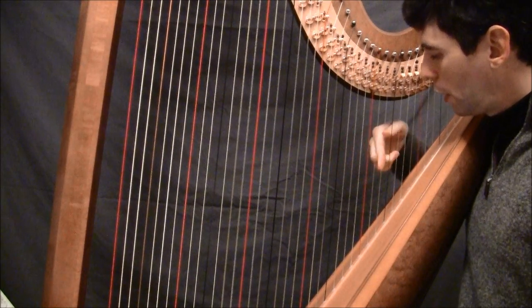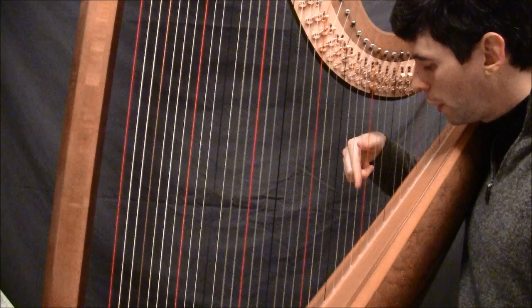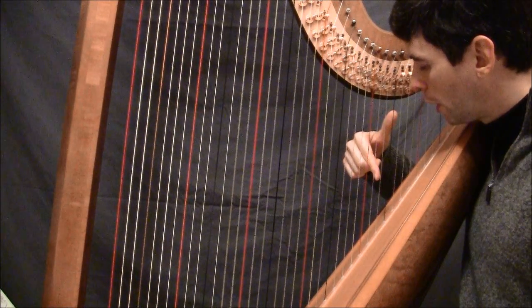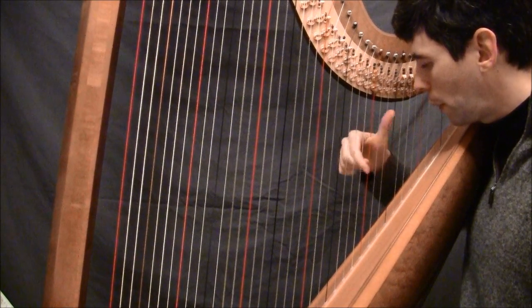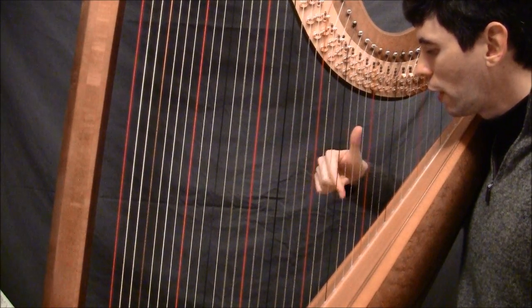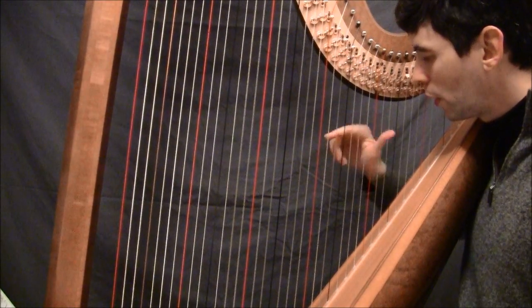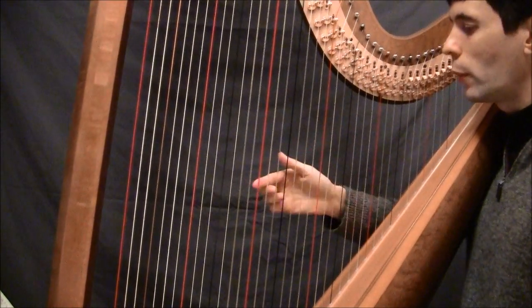So what you want to think of is, as you come up, your hand angle is going to change so that the fingers are going down, the thumb is coming up, so we're decreasing this span, and so that it's kind of like the finger is sweeping under and the thumb is coming over a little bit, so that we get...